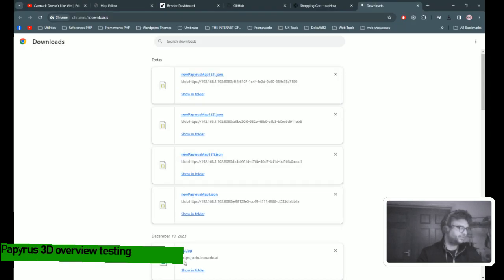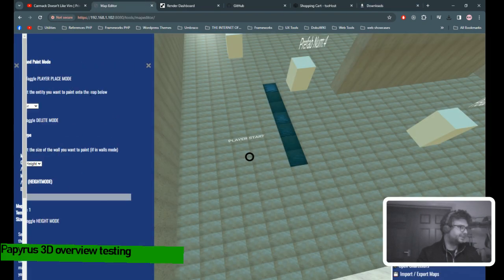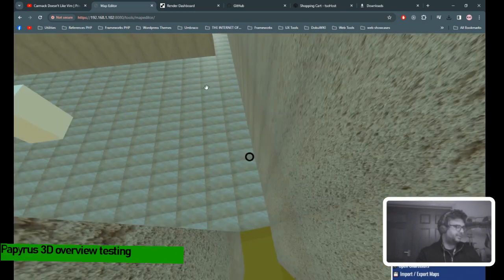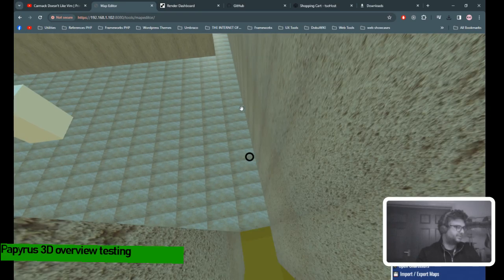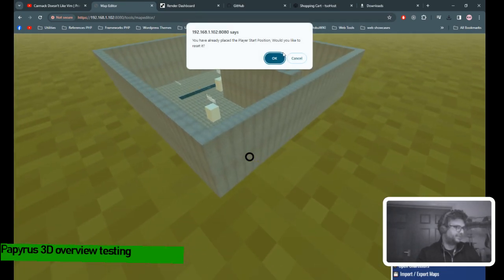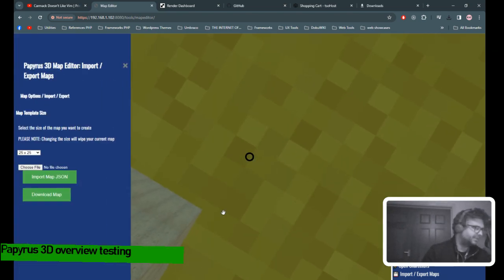Oh, of course I forgot to do the door, so I need to redo that now. I need to re-add the exit. That's the whole one point of what I was doing this for. And I'm just going to plonk that in the wall somewhere. So like, I don't know. It is a bit fiddly because you have to do like that. Not a player start, let exit, there we go. Done. Export.